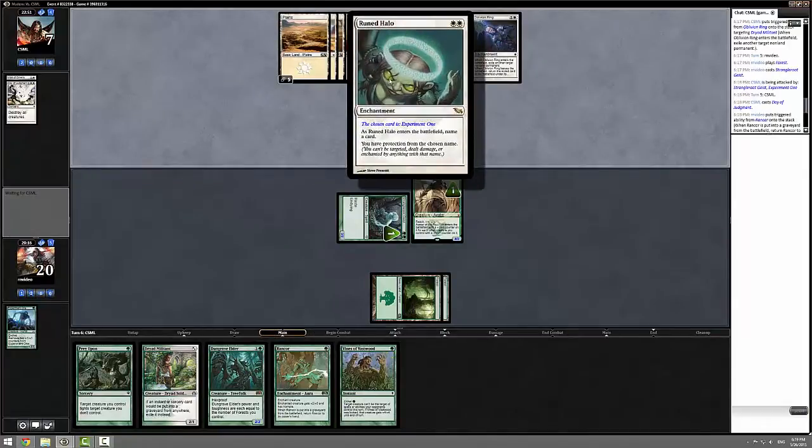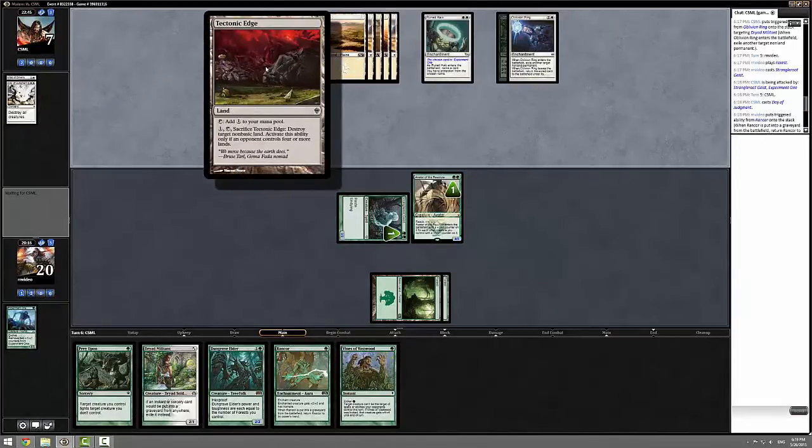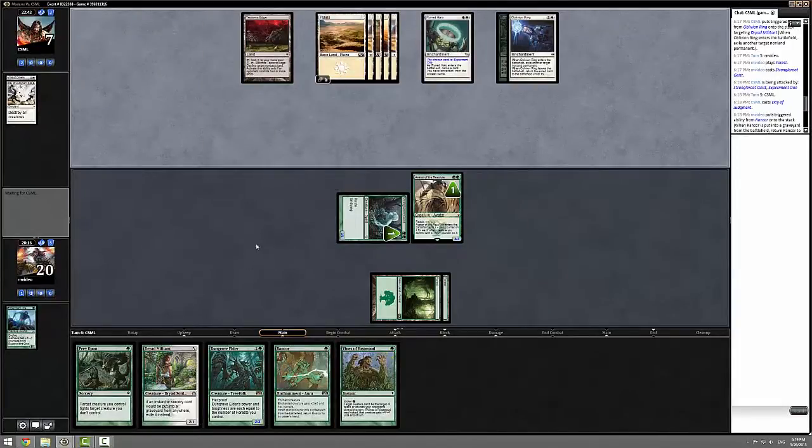So say he plays a Runed Halo, I'm going to spread out my threats. Oh, deck edge. All right, non-basic land. That does not affect me. One of the benefits. Oh, and check that out. He had nothing. All right, so even though I did not play the smartest game of Magic,